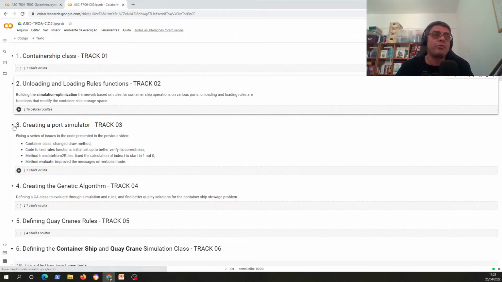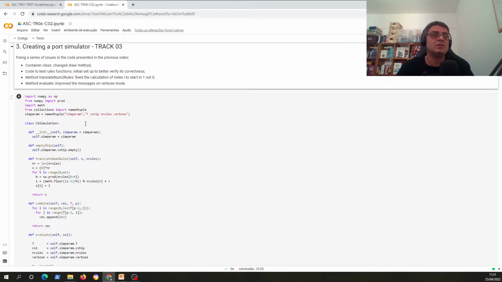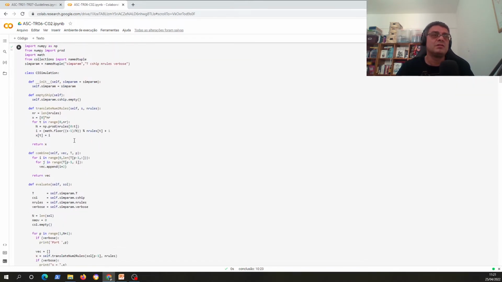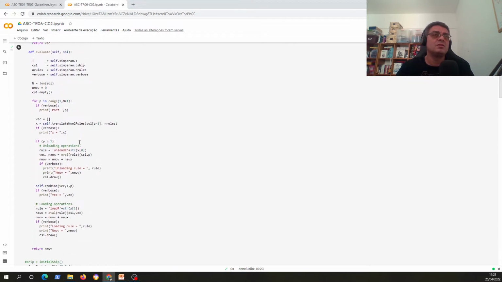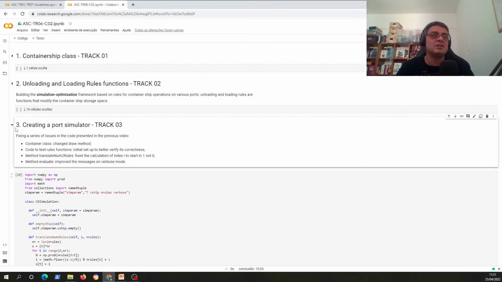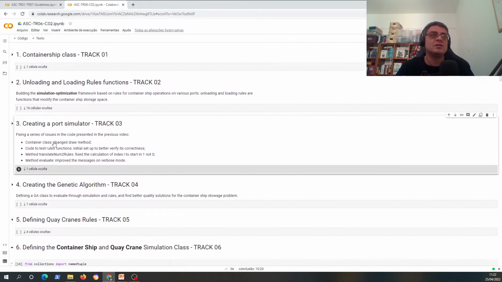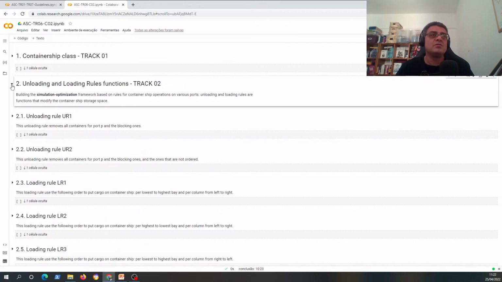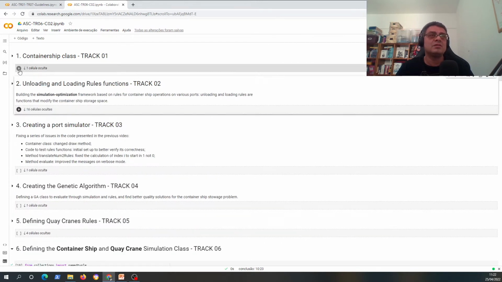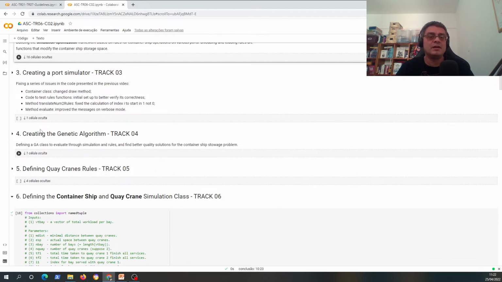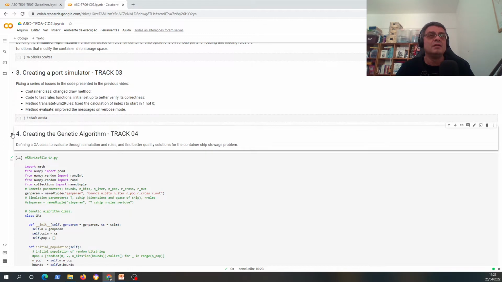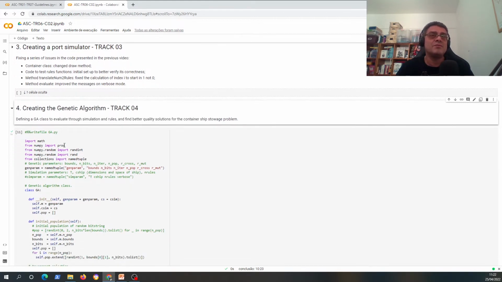And in track 3, you have the port simulator. That means the container ship travels through ports and how to compute the total number of movements. You can get this by using this port simulator. As you can see here, the code is not extensive. You can load all things by just clicking here, play, okay? And you must load in this sequence. Okay, now we can have many